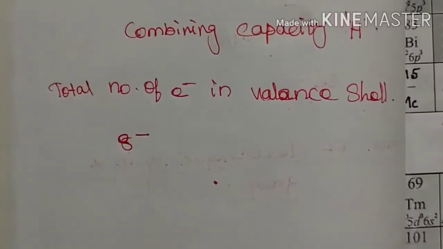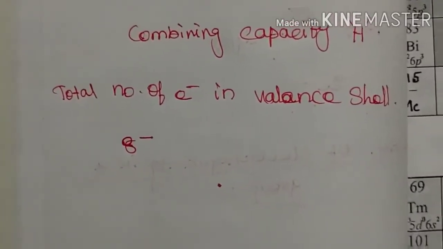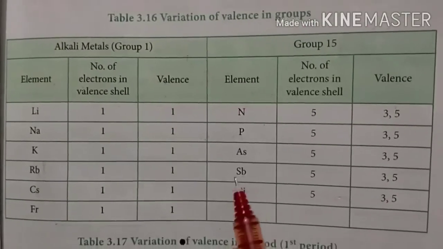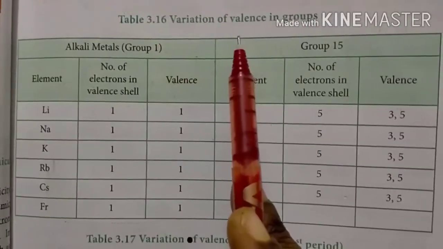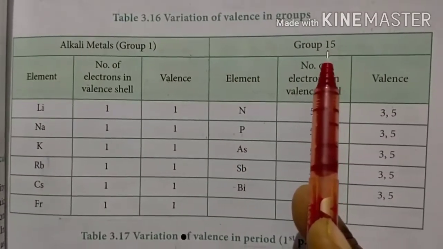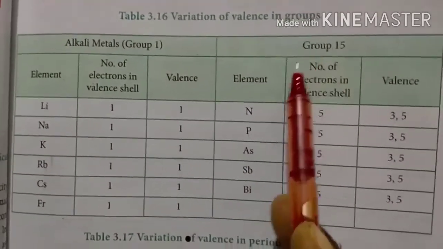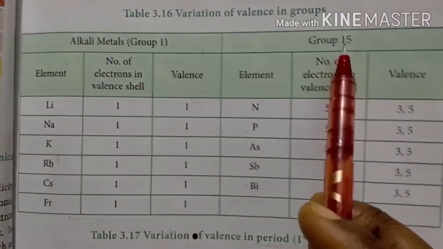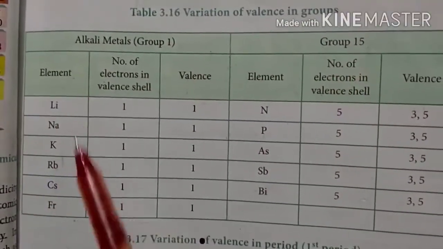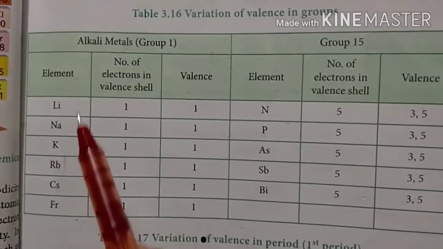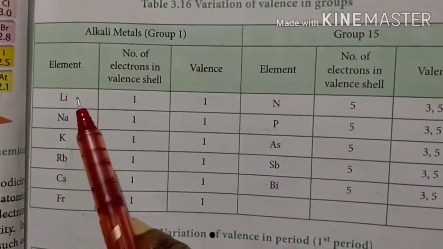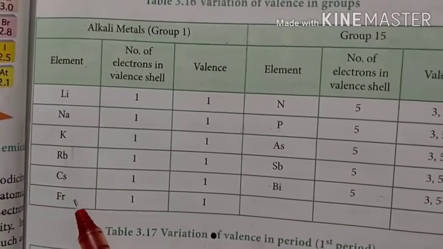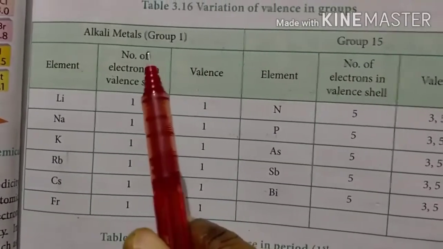So the number of valence electrons is increasing, so the valency also increases along a period. Look at this table 3.16. It is explaining the variation of valency in groups. Take the example of group 1 and group 15. Group 1 is the alkali metals: lithium, sodium, potassium, rubidium, cesium and francium, which are present